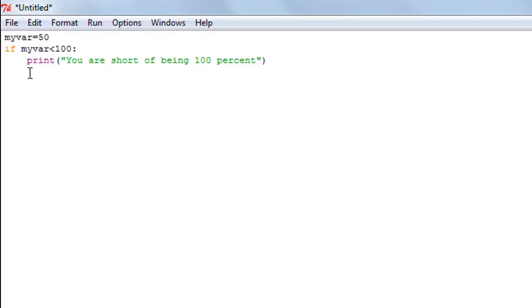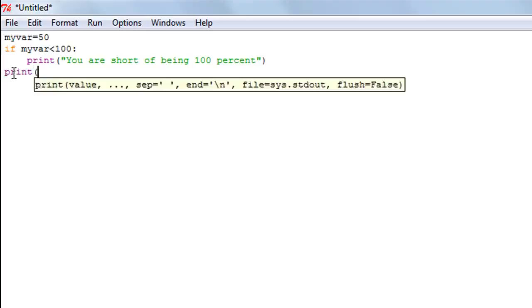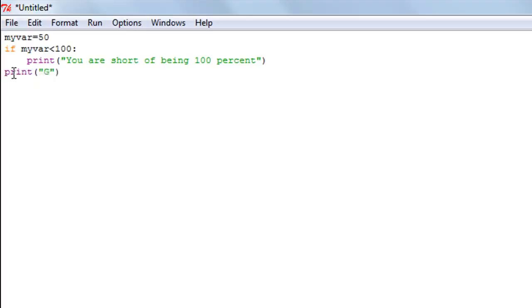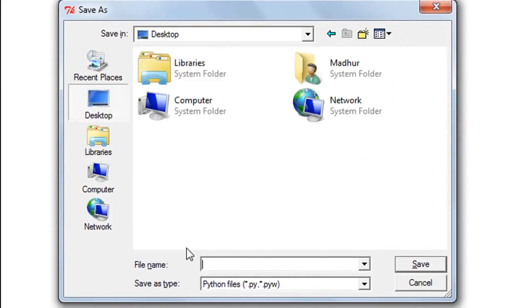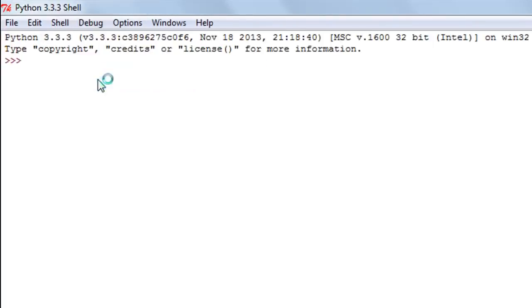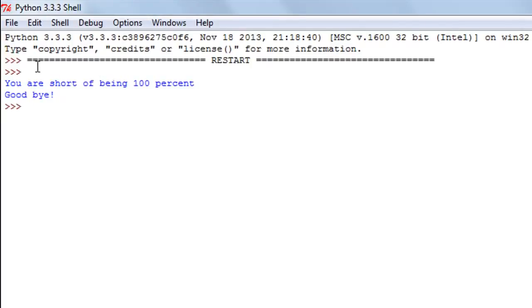But if I want to exit the block of if and get back in the block of main, I simply have to press the backspace key on my keyboard, and I'm back at the level of main. So now I'm outside the block of if, and we'll see that when we execute the program. And I'll just have another print function here, just display something like goodbye. I'll save the program on my desktop. I'll give it the name if, and when I go to run and click on run module,